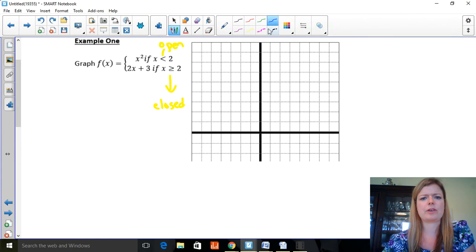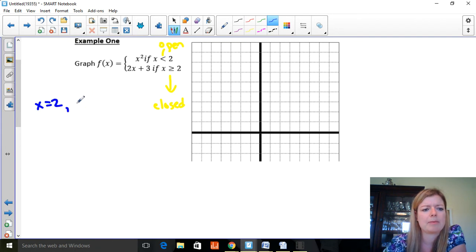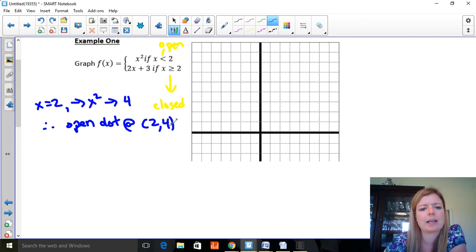Okay, so the first part is x squared. If I put 2 into x squared, I get 4. So if I have x equals 2 and I put it into x squared, I get 4. Therefore, I'm going to have an open dot at (2, 4), because that's where this function would end. It goes right up to that point because it's for all x less than 2, but it doesn't actually get